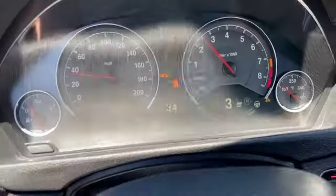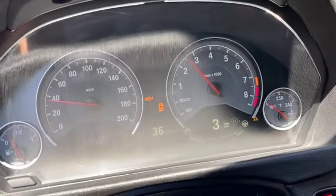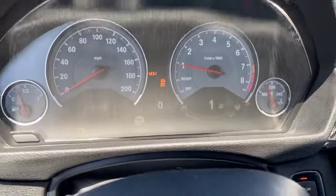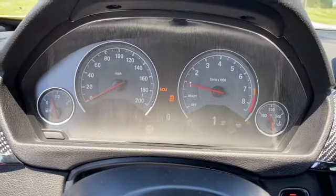So there's the white smoke, and there was my drivetrain malfunction that came up. So I did get it. All right, well that was definitely a terrible drive. It put me in limp mode. Everything is all shaky, but I'm going to turn the car off